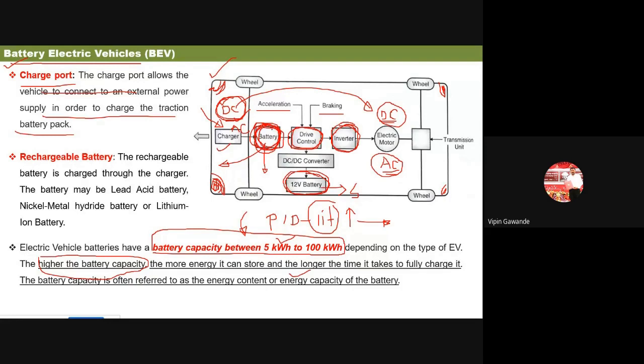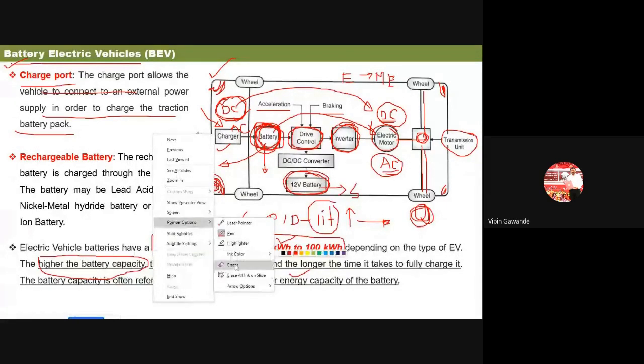Now what we have done, this battery will transfer the power to the electric motor. Now this electric motor is the most important component in the electric vehicle. This electric motor, now it is connected with what? It is rotary. It converts this electrical energy into mechanical energy. So the electrical energy is now converted into mechanical energy, and this energy is then supplied to the transmission unit. So here there is a transmission unit, and then from this transmission unit, this mechanical energy is transferred to the wheels and we will get the rotation of the wheels. Okay, so this is the total working of this electric vehicle. Okay, so I hope you understand.